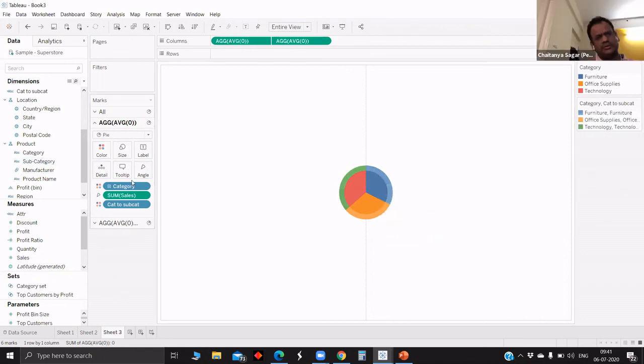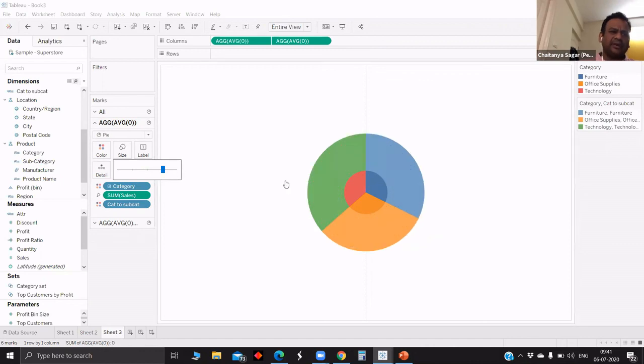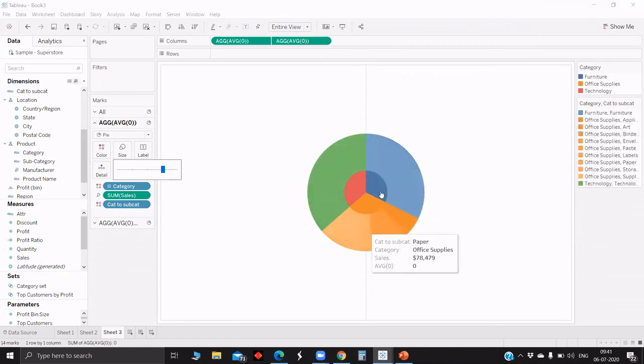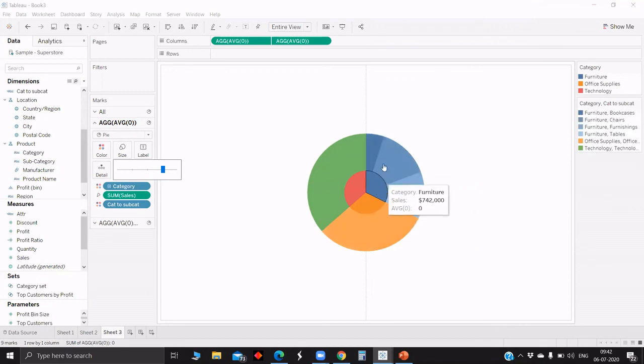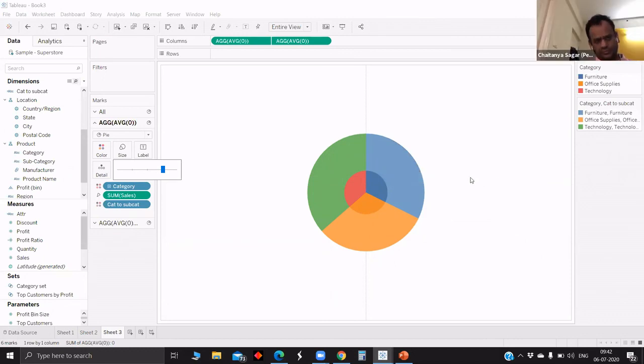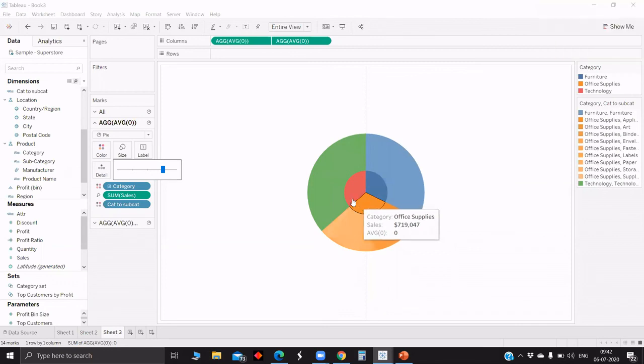So basically it's doing the highlighting part of it. Once you click on the subcategory, we can see all the subcategories which fall under that. Once you remove it, it will just show the overall total. We achieved this by using set actions and the calculated field which we made using the set. This is known as the drill down pie chart.